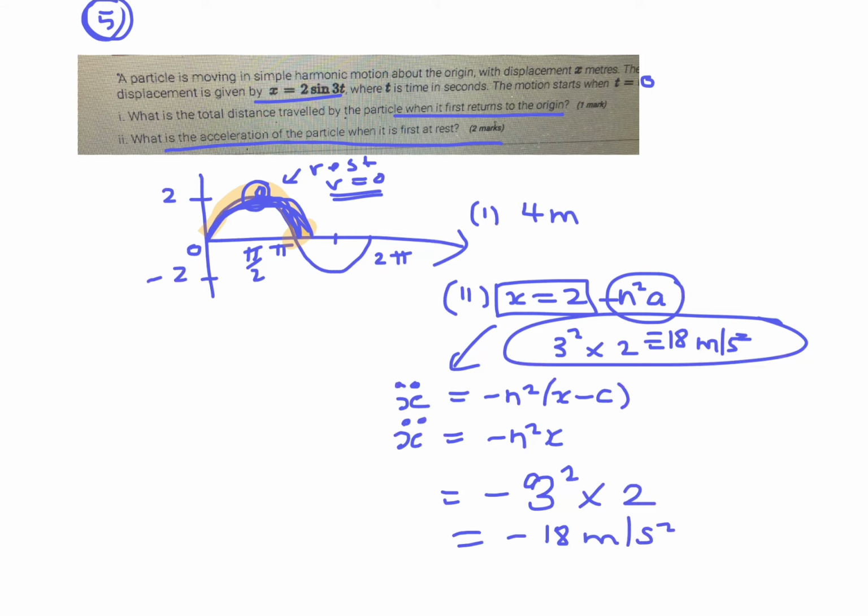So if you are reading from the graph, just a little lesson there, I think I've just taught you what I actually fell down on: when you're looking at the acceleration, if you're reading from the graph, make sure that you check its sign. So the sign there would have actually been minus 18 meters per second squared, because it is concave down. Okay, so with this one here,